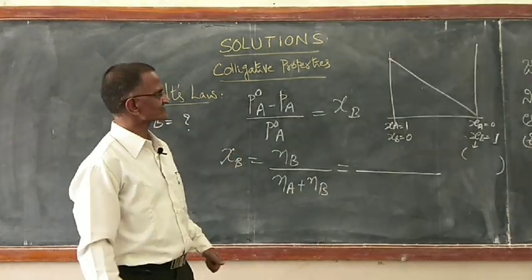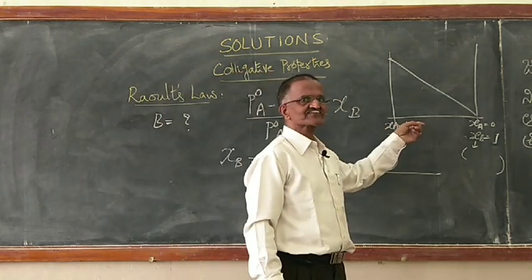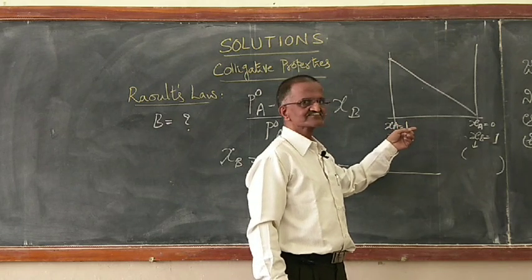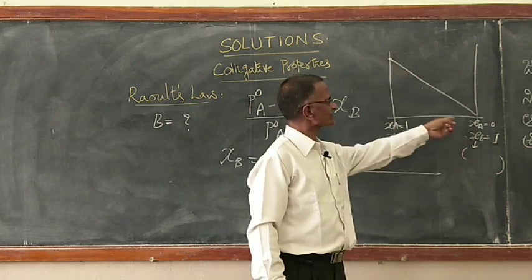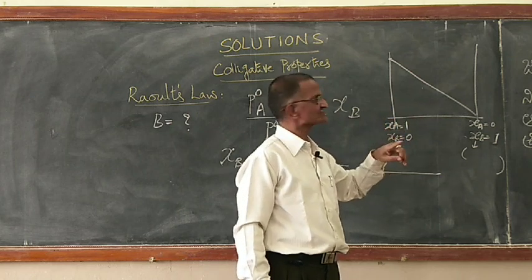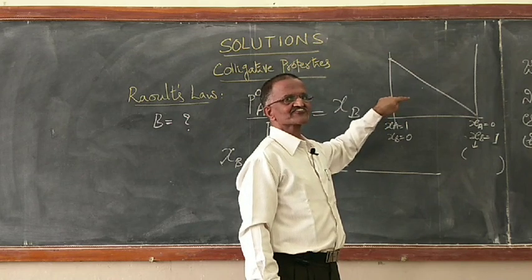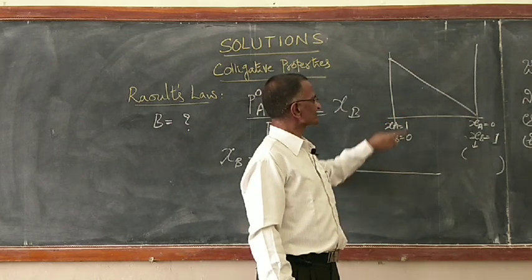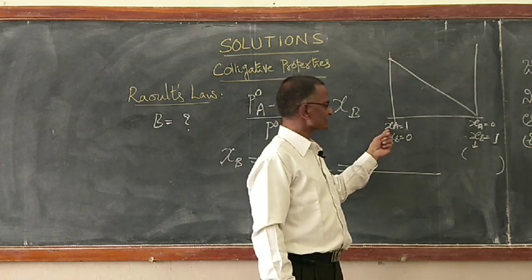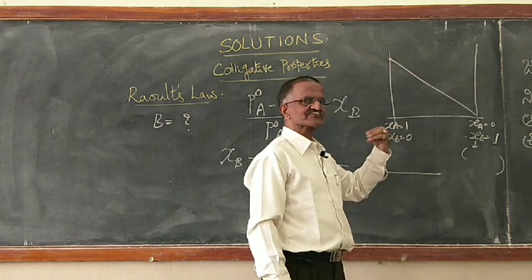Further, yesterday, towards the end, we talked about a particular graph and what it represents. I am showing only one line; about the other component there is no line. That means it is a non-volatile solute. So this is the representation for a solution containing a non-volatile solute. What has happened to the pressure contribution when a non-volatile solute is present? XA: you started with a solvent like water, you started adding glucose, salt, whatever it is. What has happened to that?